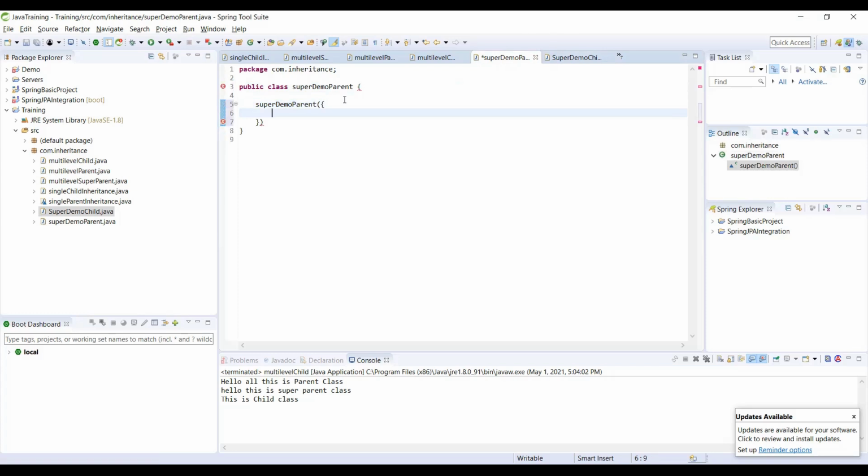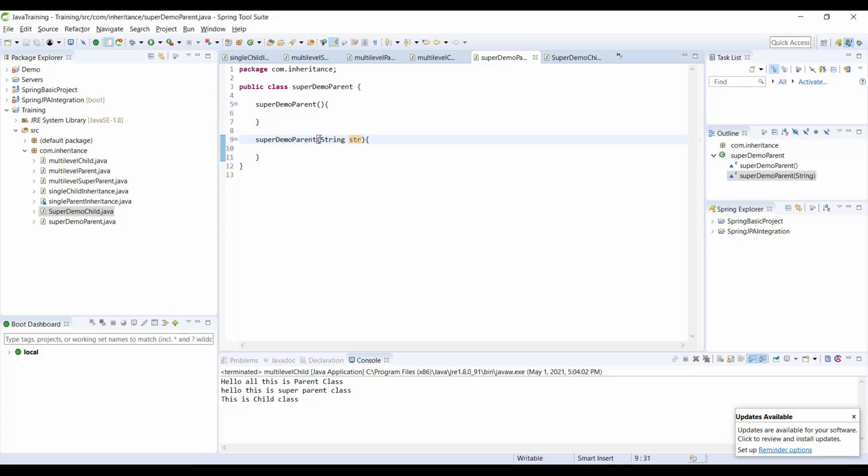Now what is this? SuperDemoParent is nothing but the constructor, right? The default constructor. Now I can also have a constructor that accepts parameters, which are called parameterized constructors. I will have my parameter as some string str.